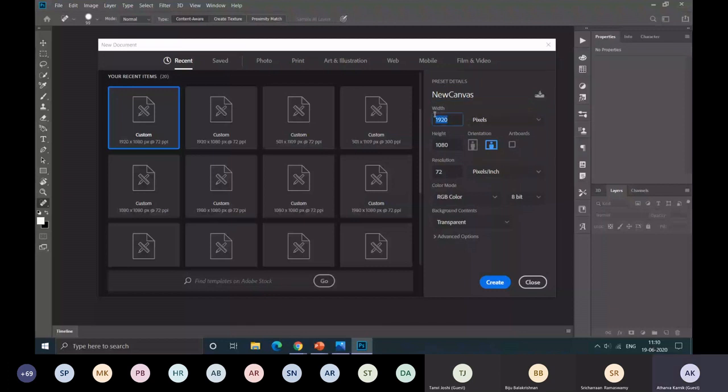Down here you can see the width and height of your preset. And here you can see the units of the dimensions. You might be familiar with pixels, inches, centimeters, millimeters. And there are points and picas also provided by Photoshop for more professional purposes. These are used in magazine editing and bigger banners and all. So we will just go with pixels. While choosing width and height, we'll get back to our slide.